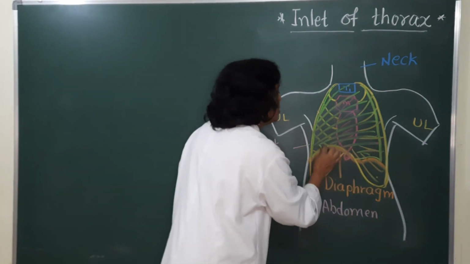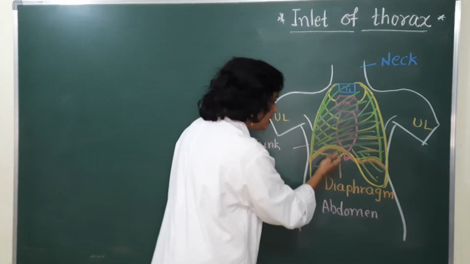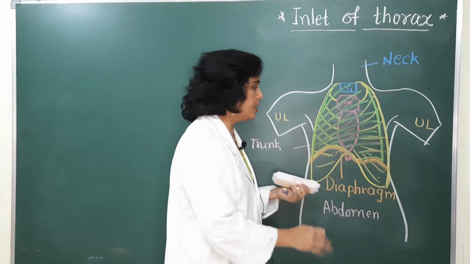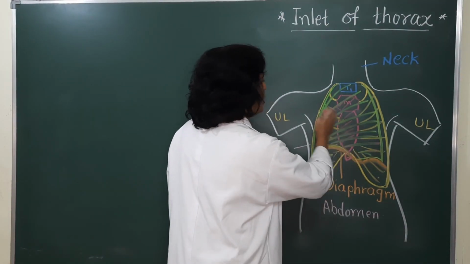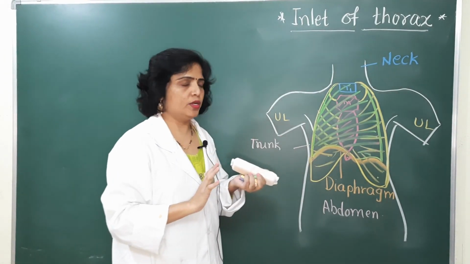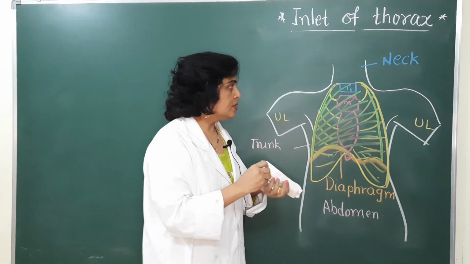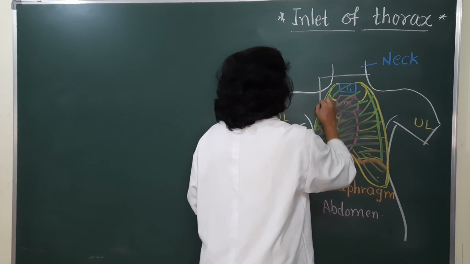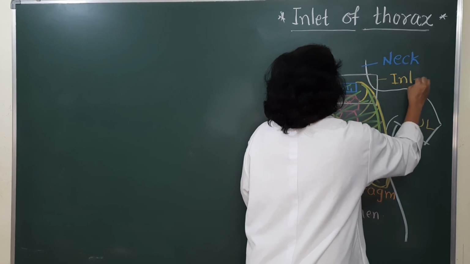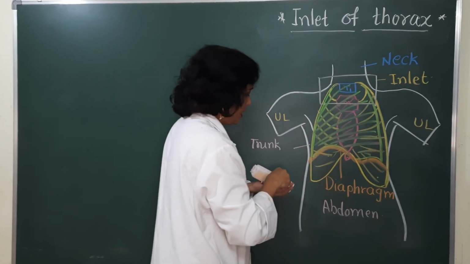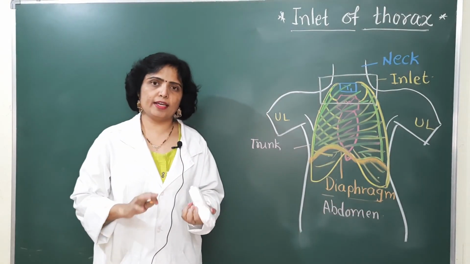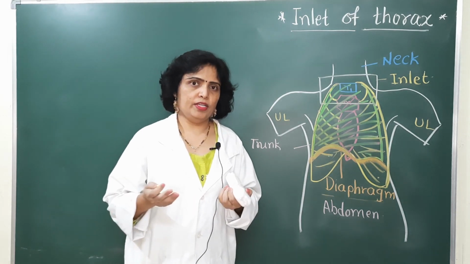This diaphragm has the convexity towards the thorax, and just beneath the right dome you get liver, and just beneath the left dome you get spleen and the stomach. Because of this, the thoracic cavity is actually smaller in size than it appears from outside. Now today we are going to see about this area, that is inlet of thorax. While the outlet of thorax is formed by this thoraco-abdominal diaphragm, which we will study in another video or class.